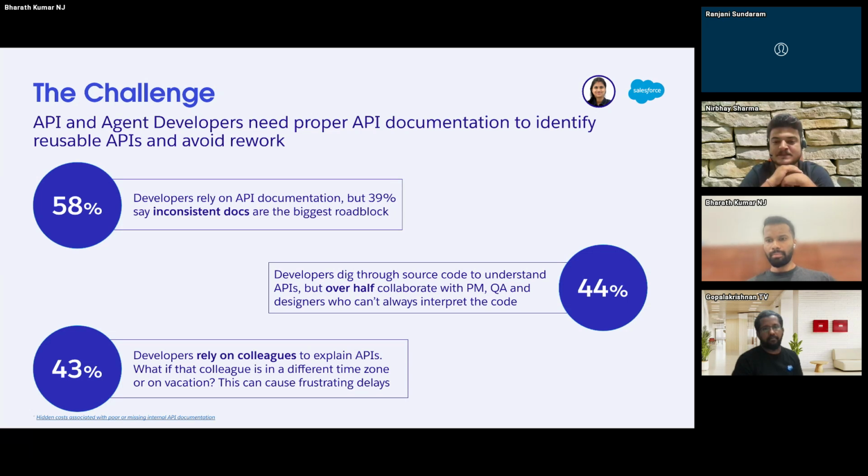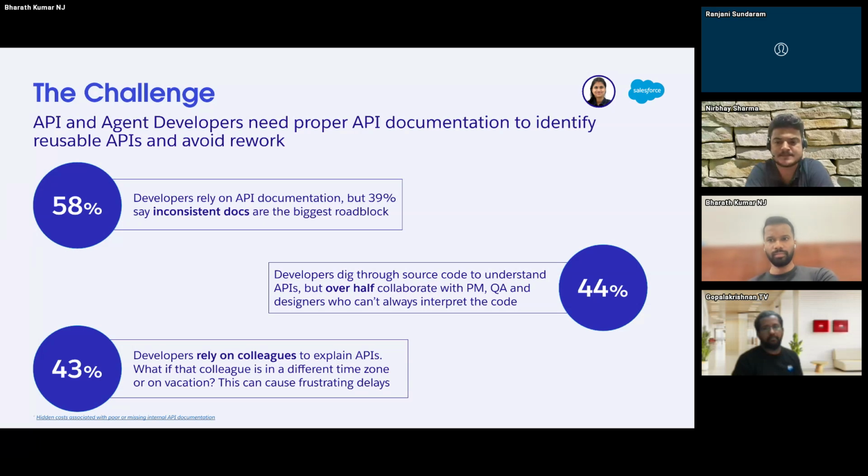This created a significant challenge, whether it's a product team member or an engineer who's trying to understand an API. There was little or no information available about that API to understand its business capabilities. When we don't understand an API's capability, then there is no point to reuse it. When we don't know the exact functionality, the purpose of reusability gets defeated. And adding to the complexity, all our APIs follow a standard naming convention. We have a standard defined for naming an API, and that naming structure doesn't clearly convey the underlying business capability either. So without proper documentation and with complex technical names in Exchange, it was difficult for almost anyone to grasp the